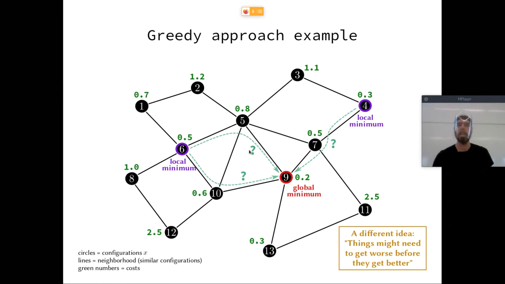Yes? What if for each node we consider all the neighboring nodes, check their costs, and move to the one with the lower cost instead of checking them one at a time? Yes, good. I mentioned this briefly. The suggestion is to look at all the neighbors and just pick the best one. In this simple graph, it would probably work, but